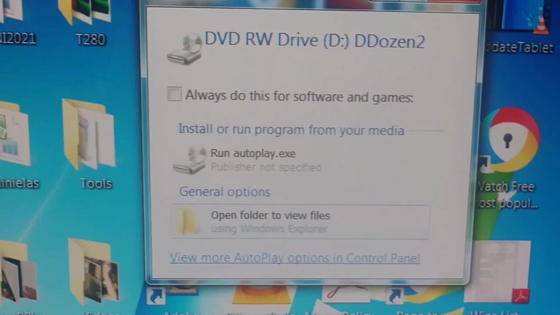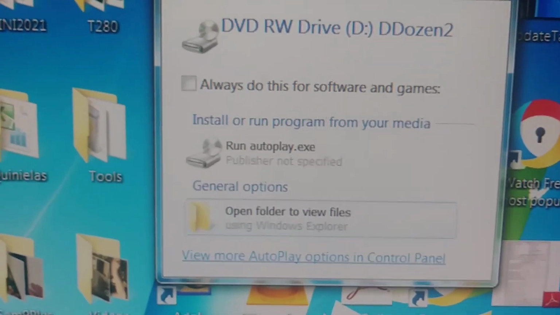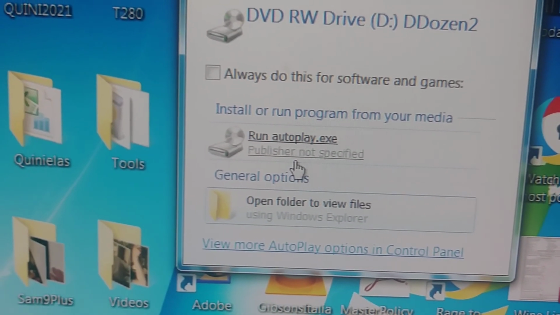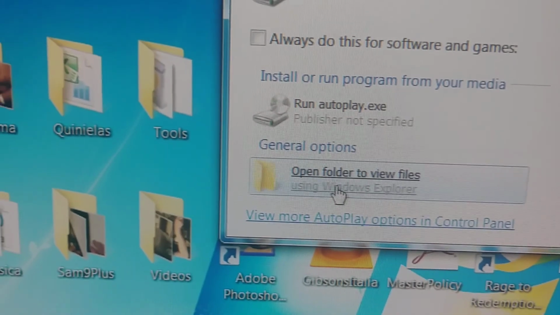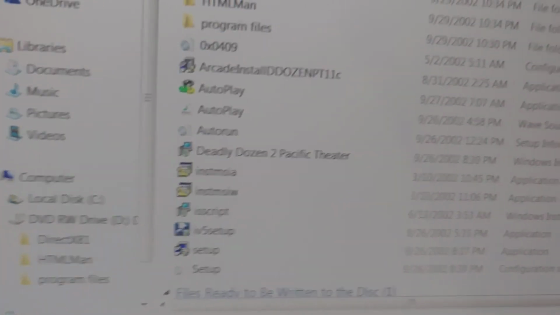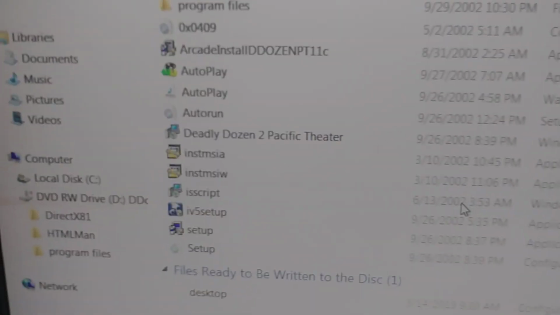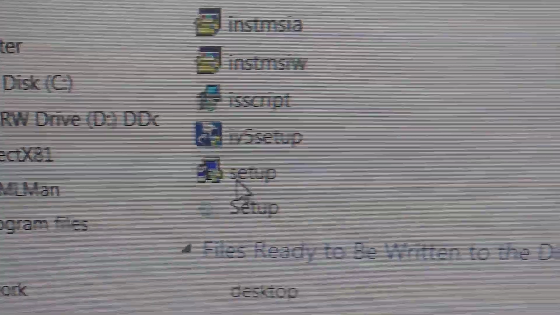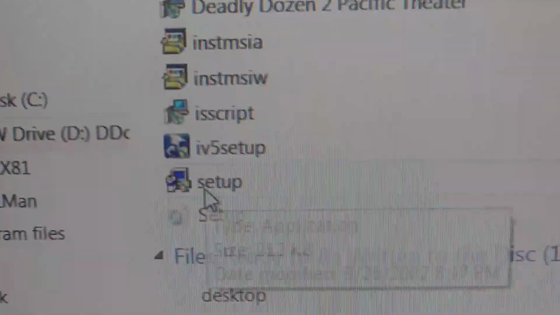Okay, so right here we got this screen, with two options. You can click here how to play install, or you can open this folder. So let's open this folder. And you see all the files are right here. All the files from the game are here, and we need to go to setup. Right here, double click with your left mouse button,